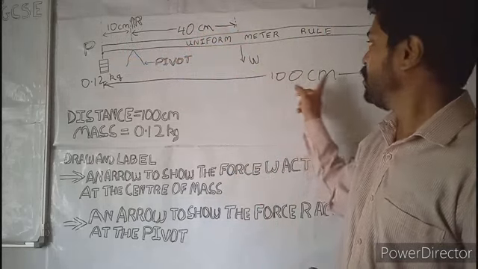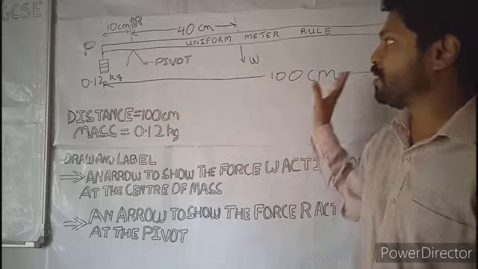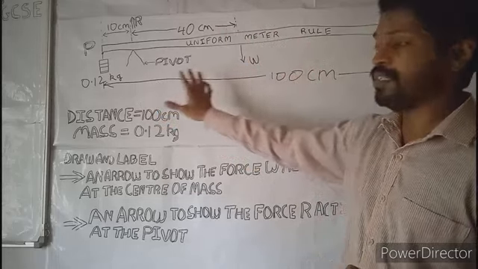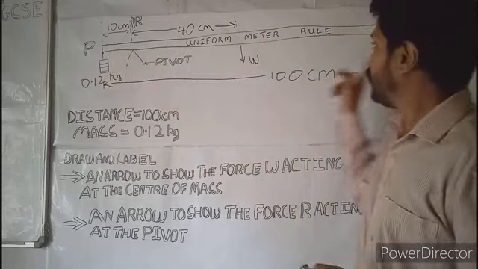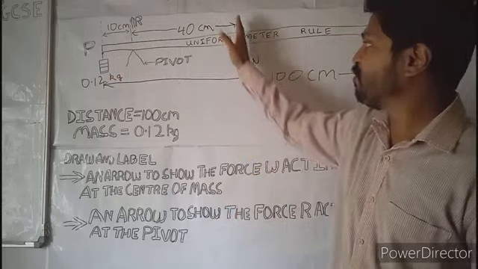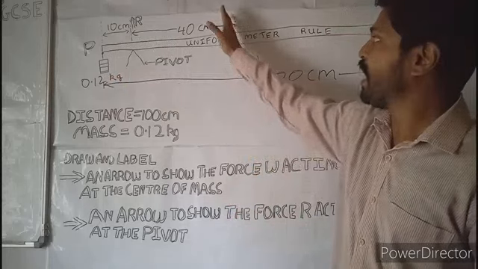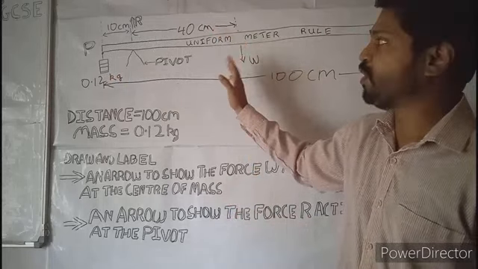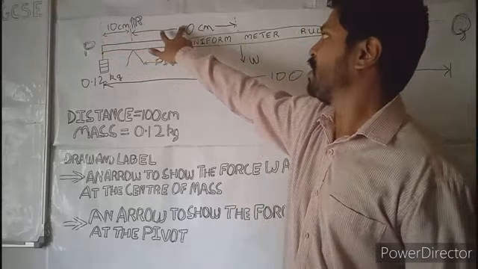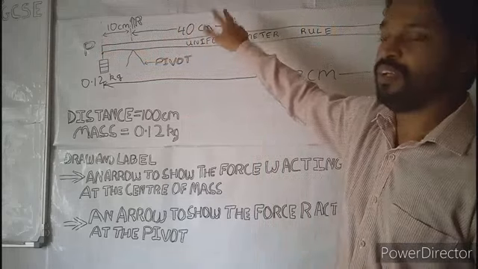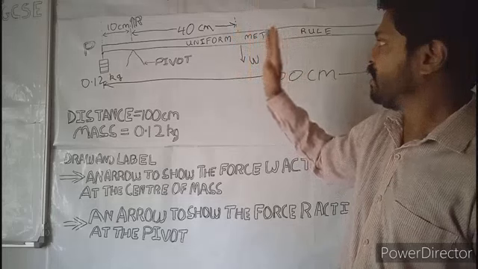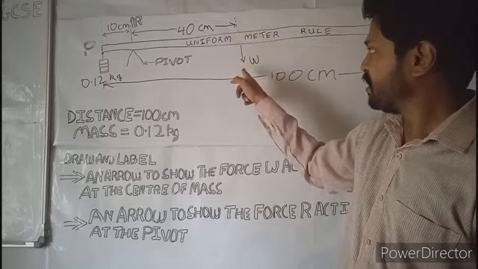Center of mass will be half of 100 centimeter. The total uniform rule was given. The distance from point P to Q was given as 100 centimeters, so half of that would be approximately 50. We didn't have a point to show where 50 was, so we extrapolated this: 10 centimeter, 20, 30, 40 and 50. So that is how we got the center of mass at the center point, and the direction of the force